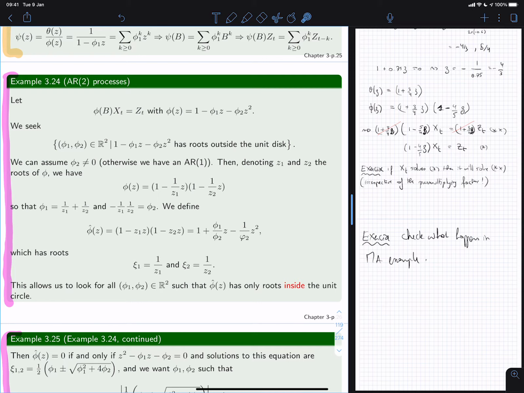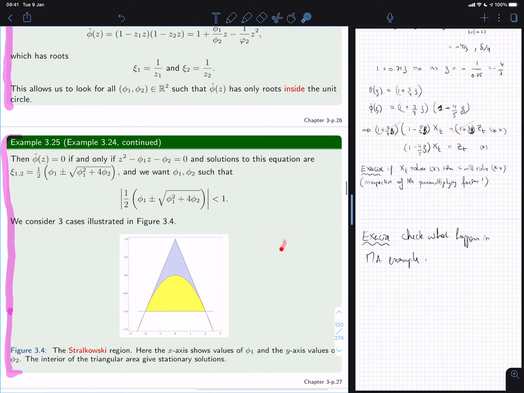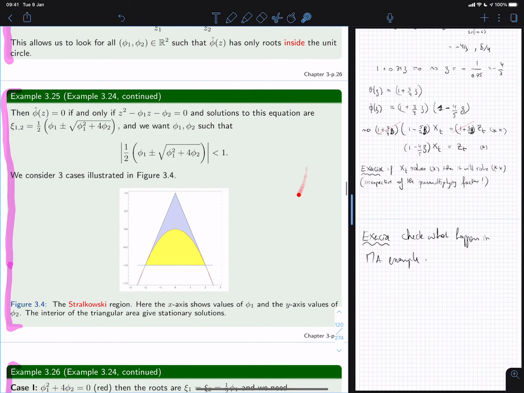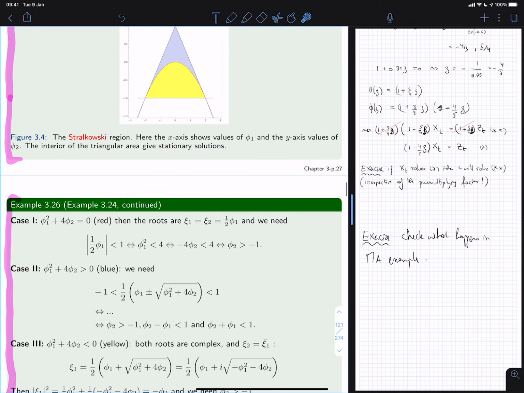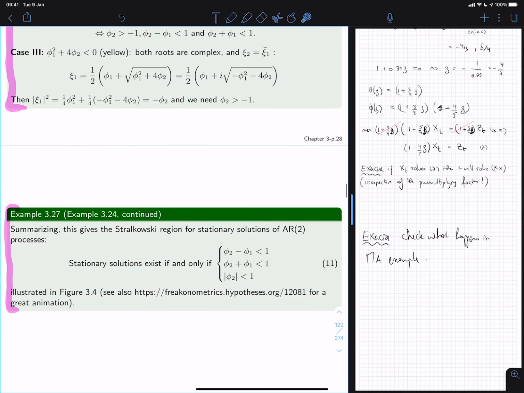To cut a long story short, this second degree polynomial will have 2 roots, possibly, and according to the positions of these 2 roots, you will or will not have your roots inside or outside the unit disk. All this is just computations where you're trying to understand what's happening. I advise you to try and read this and understand it. And after some rather boring computations,